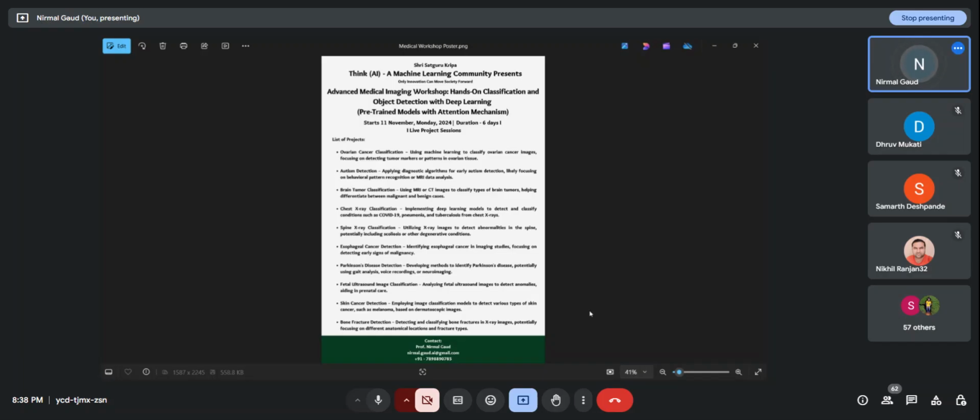What will happen if we automate the task? What is the reason? The reason is that it may happen that a few things may be skipped from the eyes in analyzing the report, in analyzing the images.